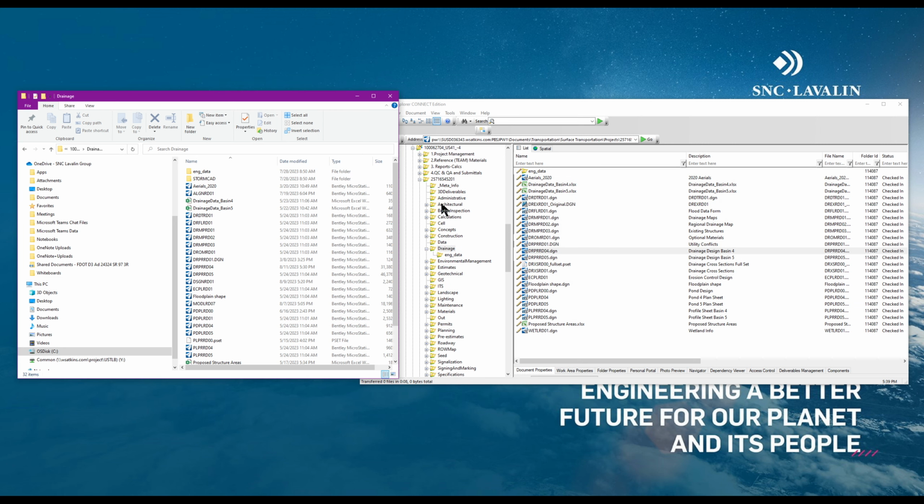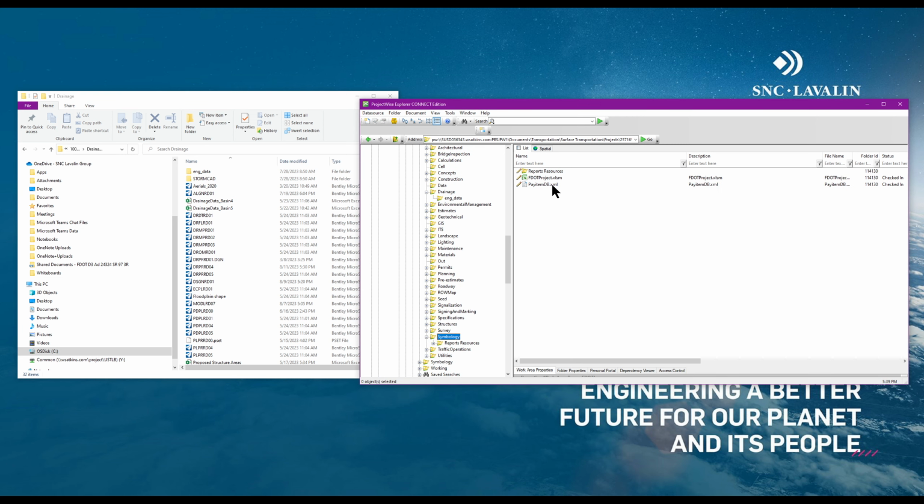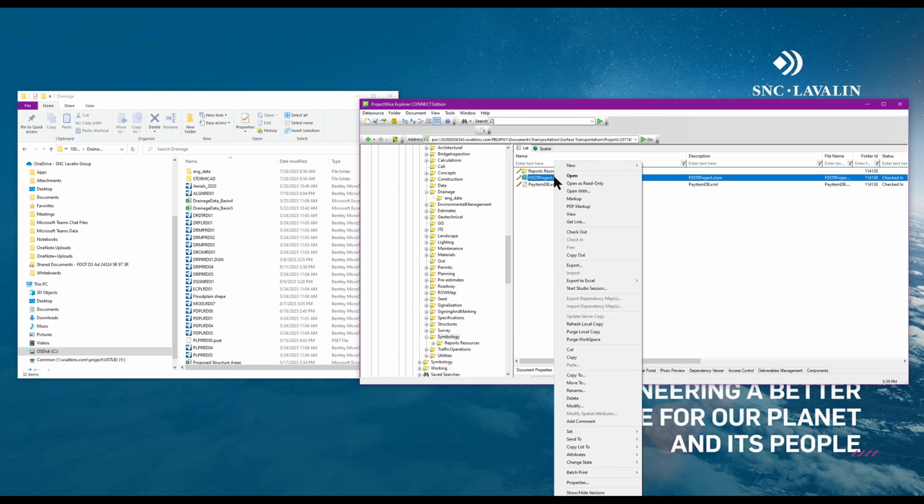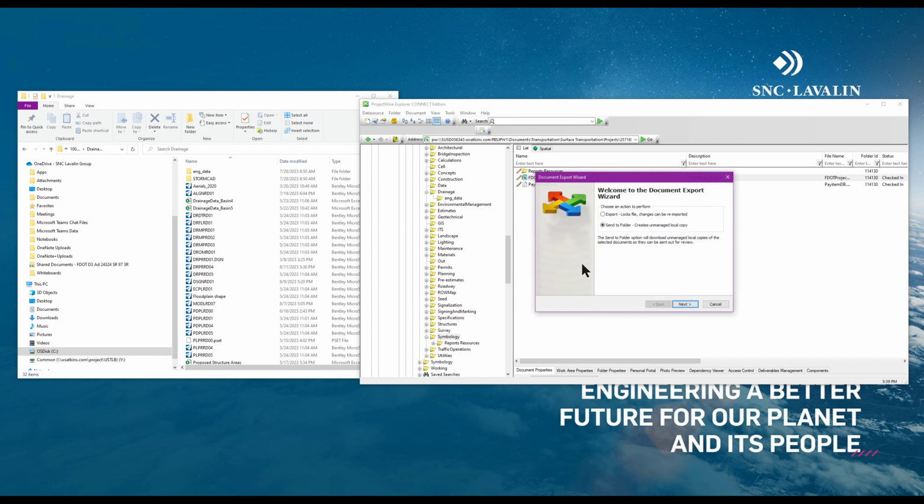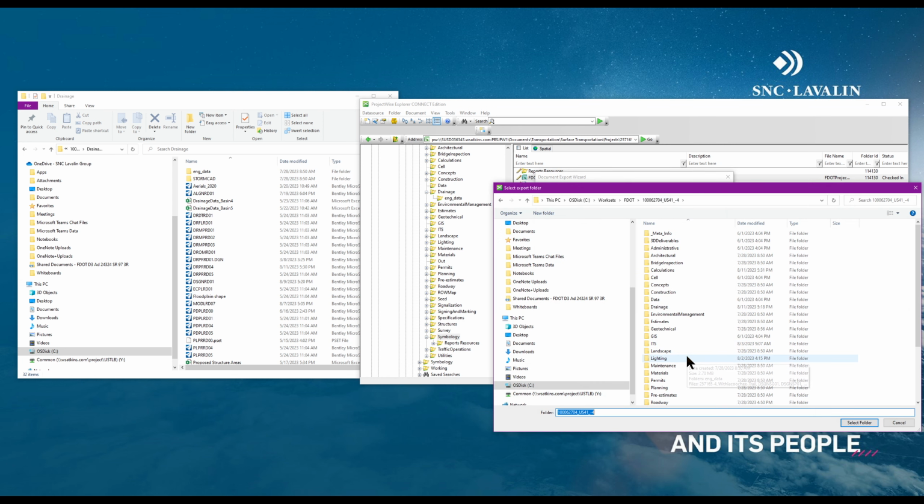The other thing we want to do is symbology. Go to symbology and get this Excel. I will explain what this Excel does. So let's just do export. And let's take it to also symbology, the same location locally,